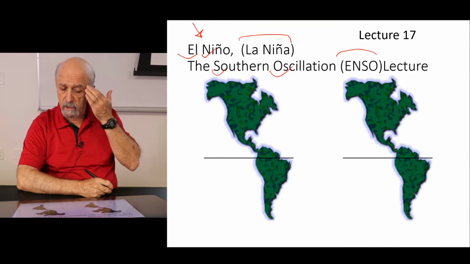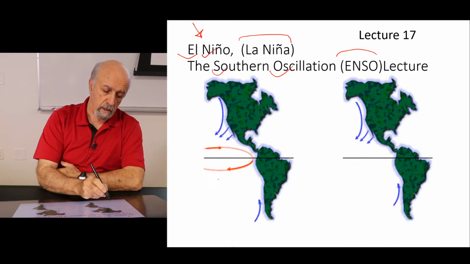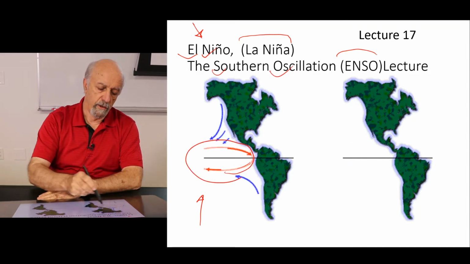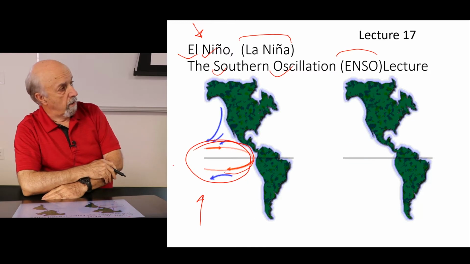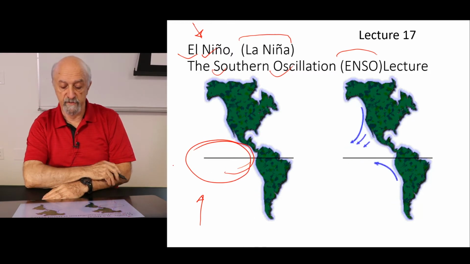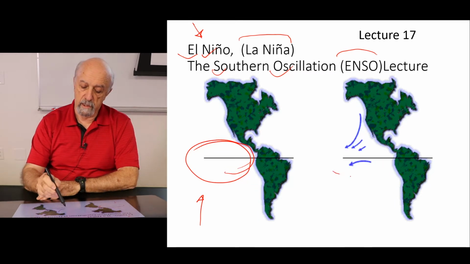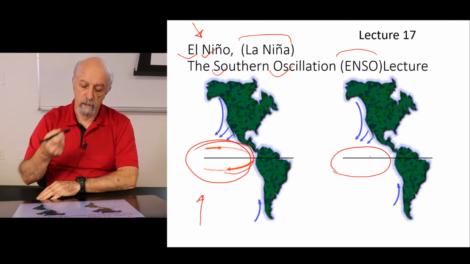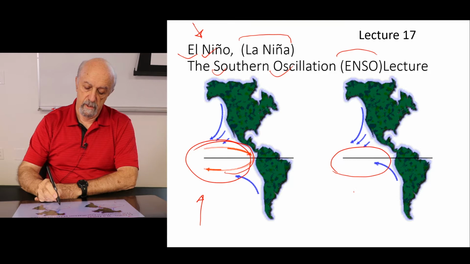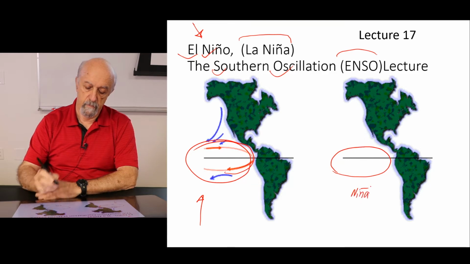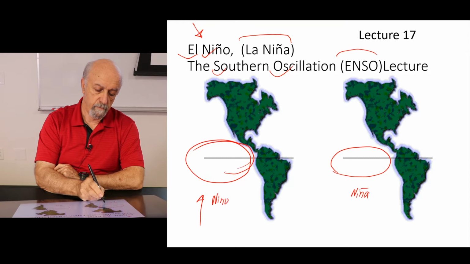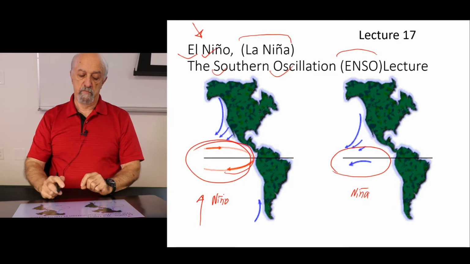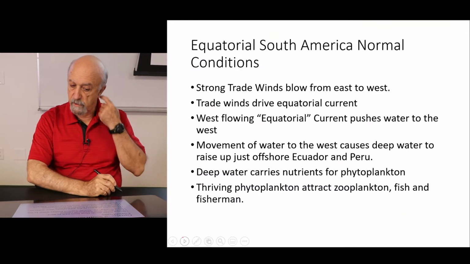And it really represents what happens. It's an oscillation between an event like what we see here, El Niño, a warm water event accumulated in the western part of South America, eastern part of the Pacific Ocean. And during La Niña, it's like a normal or an exacerbated normal condition. So this is La Niña, and this is El Niño. And the two actually are part of what is called the ENSO phenomena. So we're going to try to explain this in a better way.